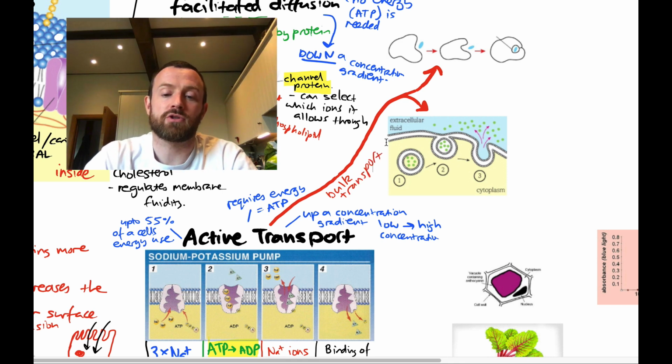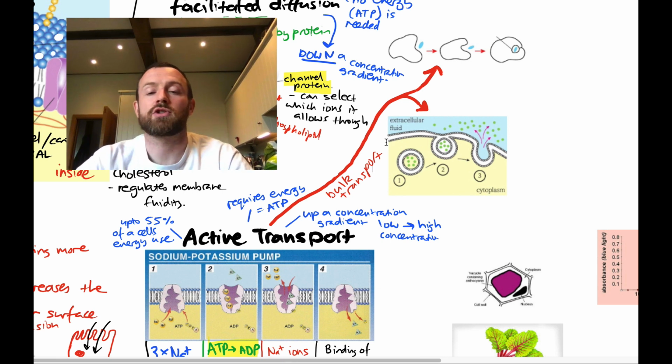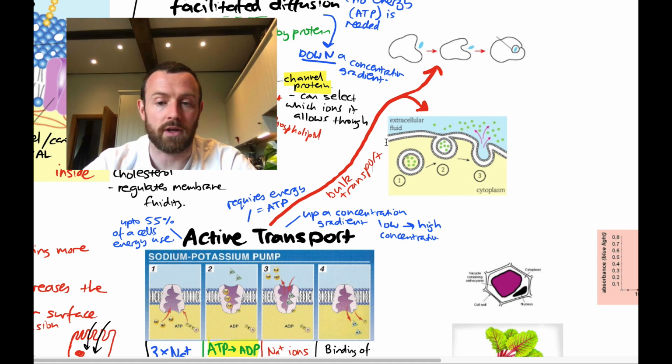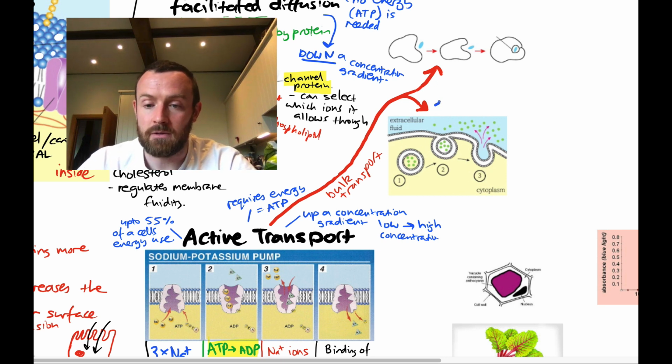Okay, so bulk transport means B-U-L-K, bulk transport means you're moving larger quantities of stuff. You're not just moving ions across a membrane to or fro, you're moving loads of stuff. So two key processes you need to know about: exocytosis and endocytosis. So exocytosis moves things out of a cell,